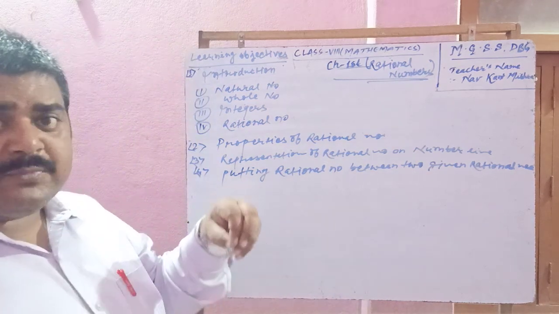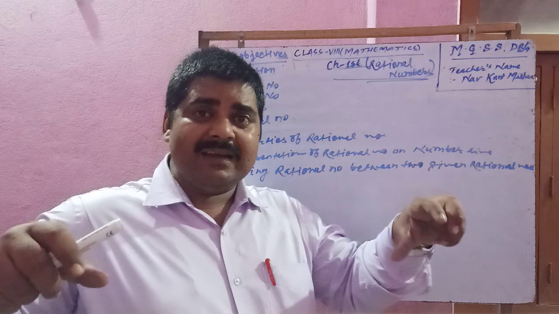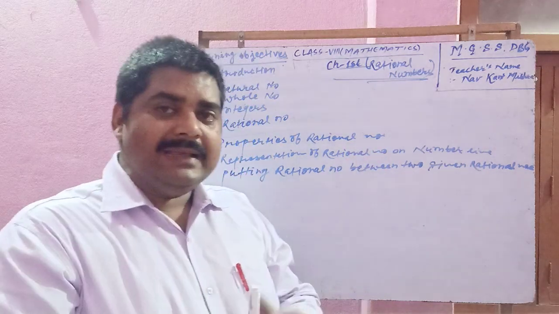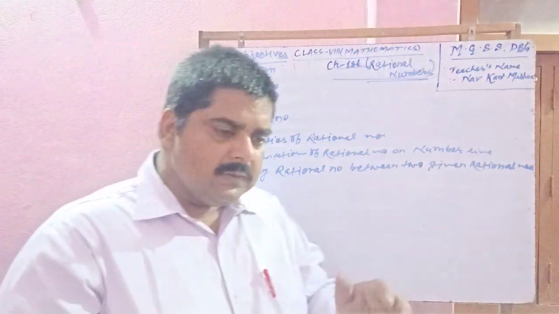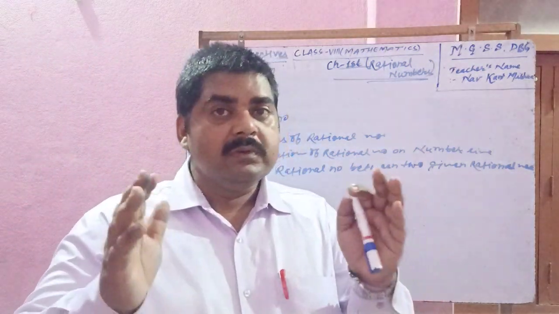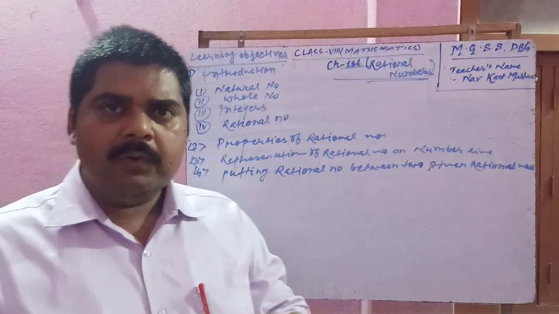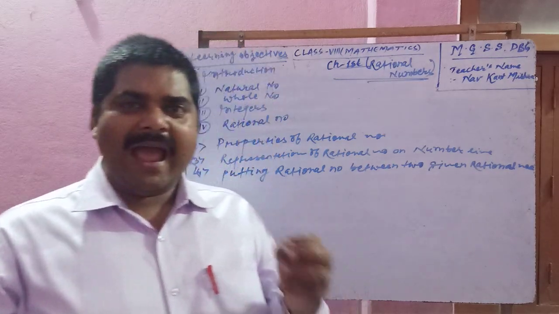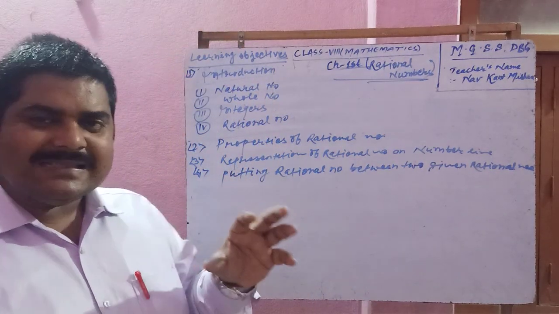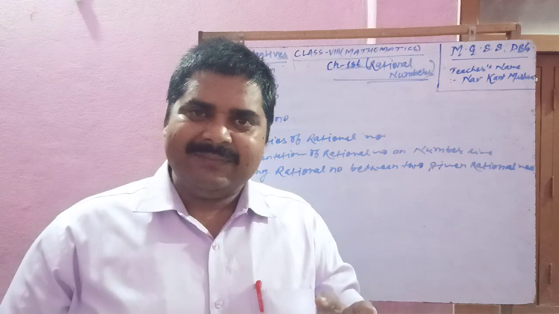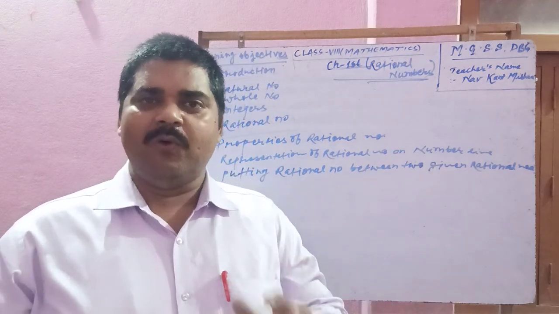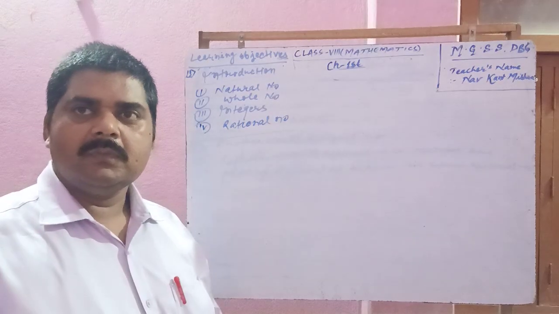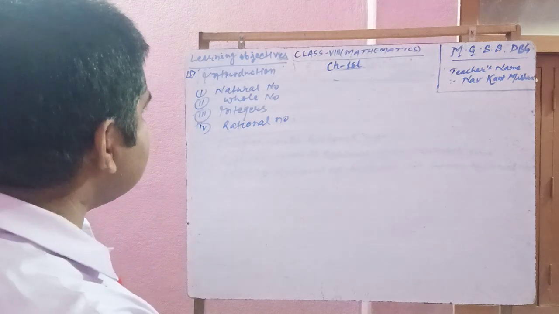Then you have to represent the rational number on a real line. Then you have to find out the rational number between two given rational numbers. So a lot of the properties and everything is related to rational numbers. It is quite an interesting chapter and I hope you enjoy it. My dear students,